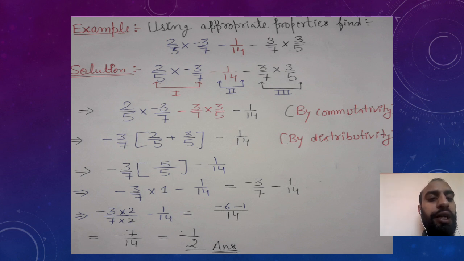Now you need to take LCM, directly you are not supposed to solve it. To make the denominator same, you can multiply 7 by 2, with the same number you need to multiply 3 by 2, then 3 twos are 6 and 7 twos are 14. In this way both denominators become similar. Now you need to add the numerators because both have same sign, minus 6 and minus 1, it becomes minus 7. So minus 7 upon 14 is your answer. You can cancel it out, 7 ones are 7, 7 twos are 14. Overall answer becomes minus 1 upon